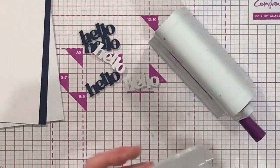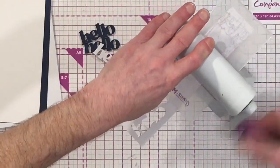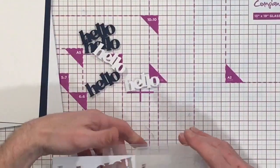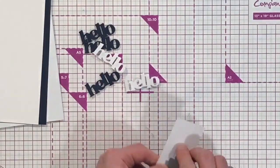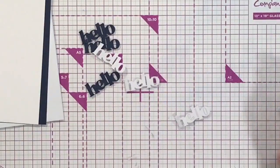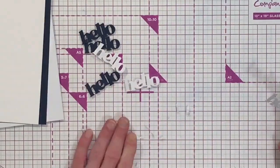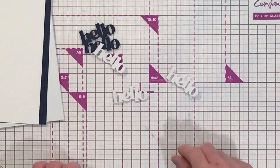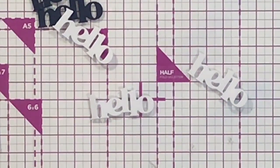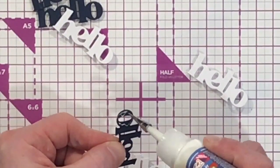So let's take that one here and run that one through. So that's us done with our mini. So I'm going to take that one out the way. I'm done with my hello die as well. So pop these bits out, and then what we're going to do is we are going to do a drop shadow. So I'm going to take my tacky glue and then I'm going to go in